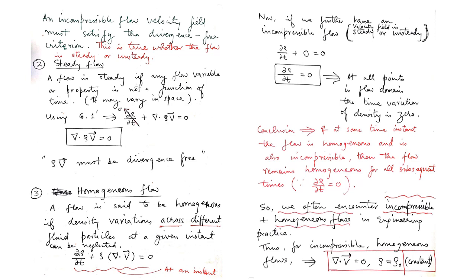So for the entire flow domain you can take a fixed density because of the homogeneity aspect combined with the incompressible condition. So this is how we have some effective uses of the continuity equation in inferring and deepening our understanding of a certain type of flow. That was the idea of all this discussion on continuity.